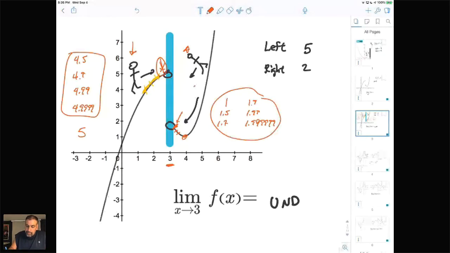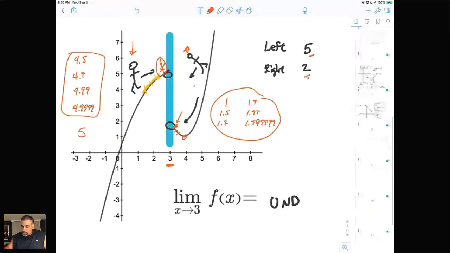And this is the way we found our answers of 2 and 5. So what's really important to understand is, if you're talking to someone and they're asking you, what's the limit? What does it really mean? Well, here's the deal. It's nothing more than a guess. We're collecting data as we come from the left and as we come from the right, and then we're using that data to say what we think the answer will be